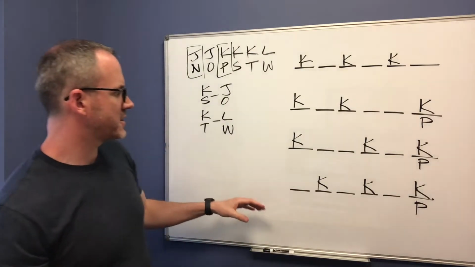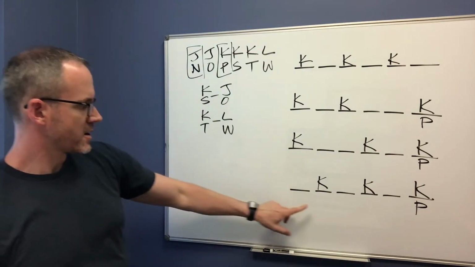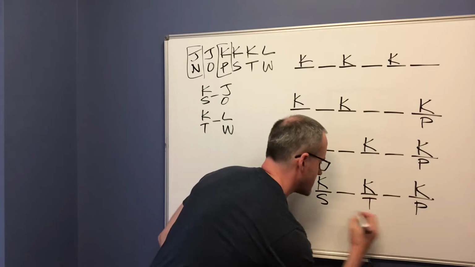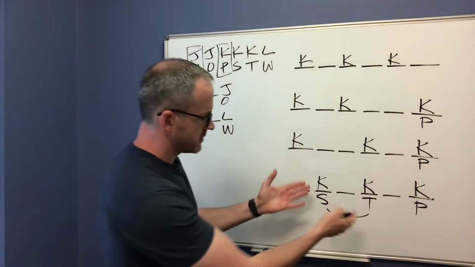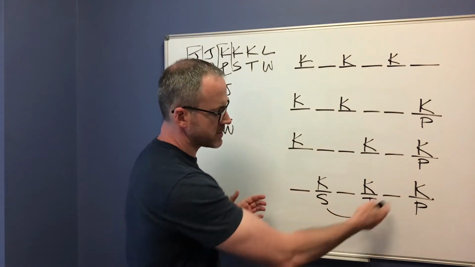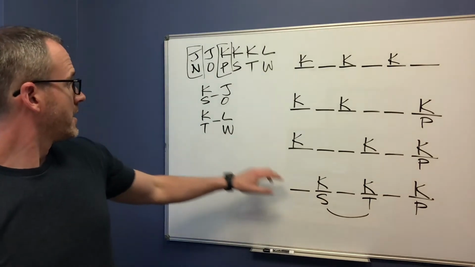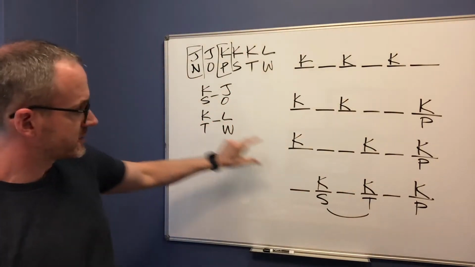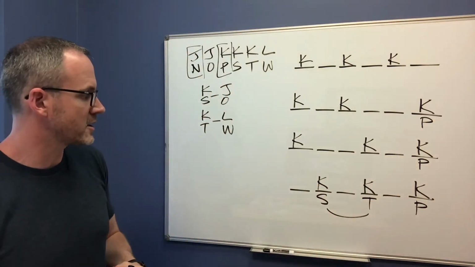Let me just focus in on one of these. Like if we focus in down here, I know this is ST, ST, and I'm going to put an arc because I don't know the order, okay? I just know that one of these is S and one of these is T, but it could be going back and forth. It doesn't matter because the JO could come here or the LW could come here or vice versa, right? So I don't really know where the ST goes.